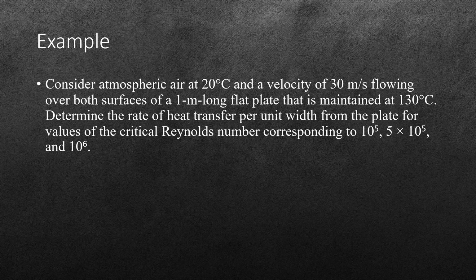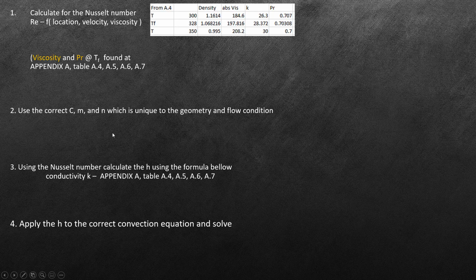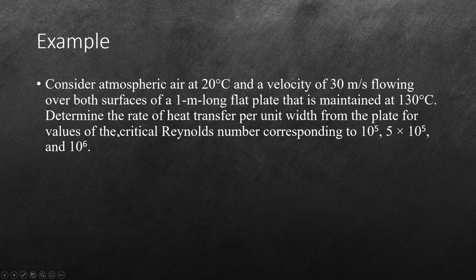Good day and welcome to our example video on the topic of flat plate convection via the empirical method of solutions. So here we have an example. Consider atmospheric air at 20 degrees Celsius and a velocity of 30 meters per second, flowing over both surfaces of a 1 meter long flat plate that is maintained at 130 degrees Celsius. The question is to determine the rate of heat transfer per unit width from the plate